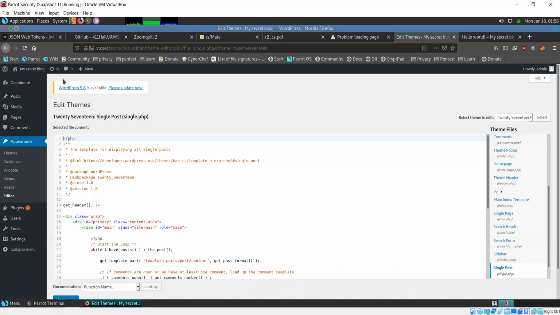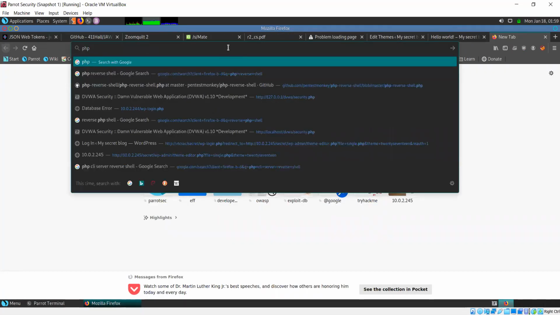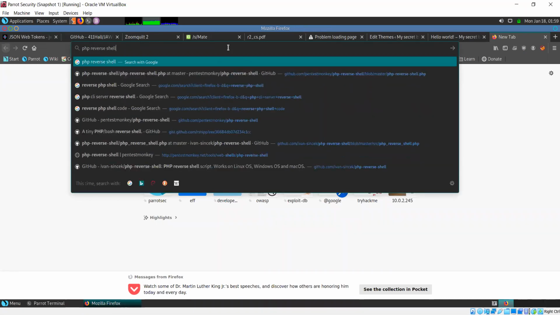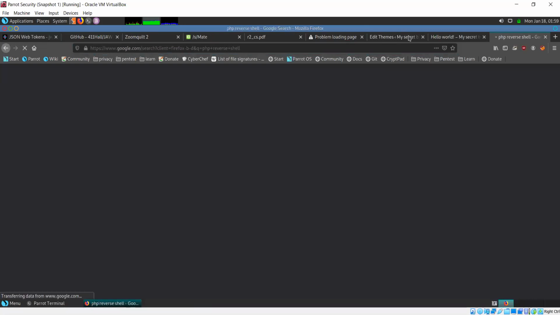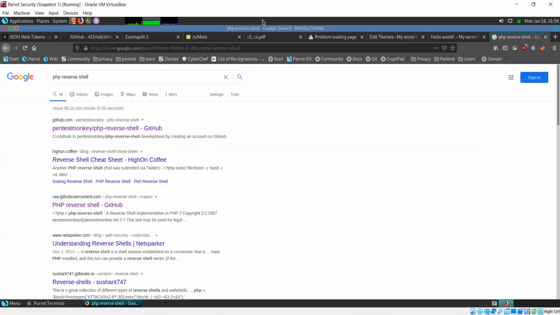So what I can do is I'll just do a Google search for a PHP reverse shell. Why PHP? Because the existing code is also in PHP. So I know that PHP is what works on this server. So PHP reverse shell.